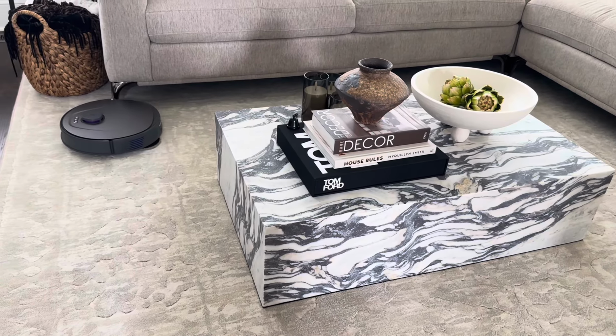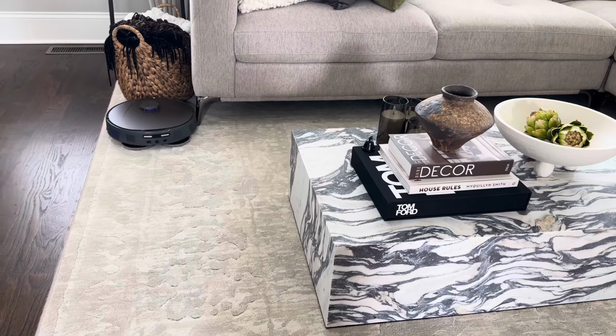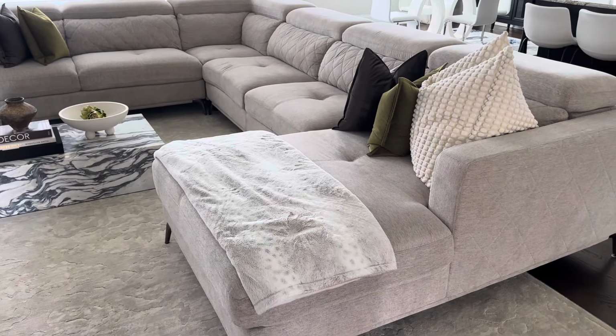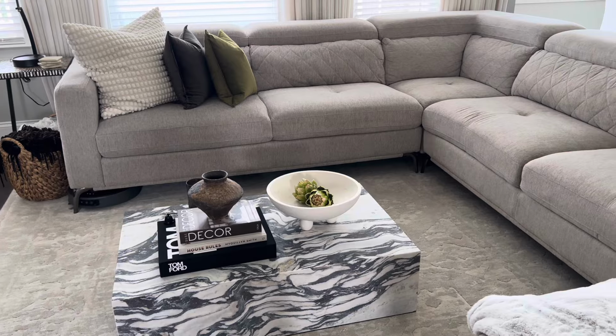Cleaning my home every day isn't just about looks, it's how I keep peace of mind. A clean space helps me think clearer, feel calmer, and stay ahead of the chaos that comes with everyday life. In today's video, I'm sharing the vacuum system that's been helping me keep up with all of this without lifting